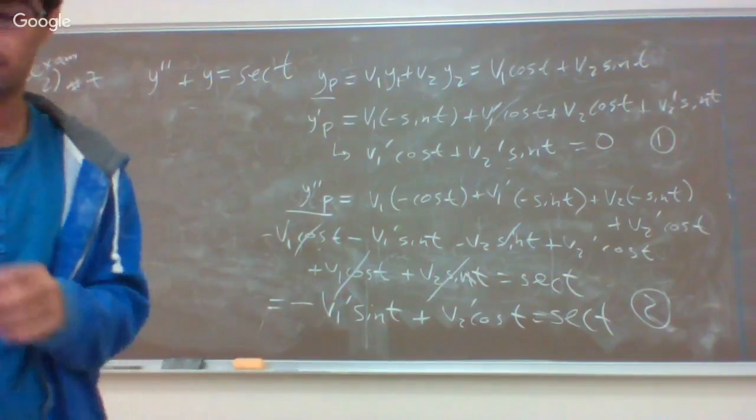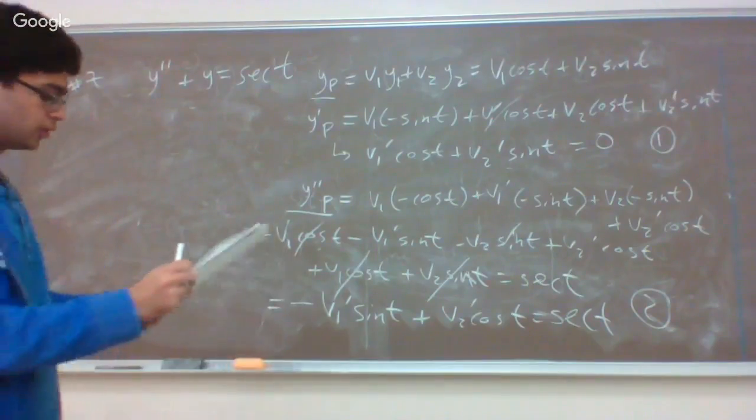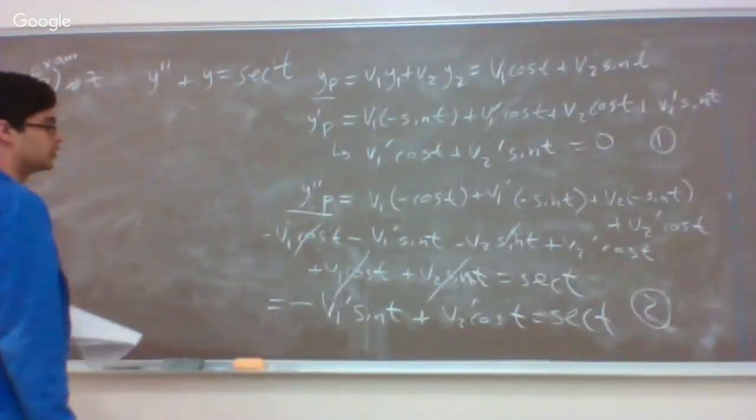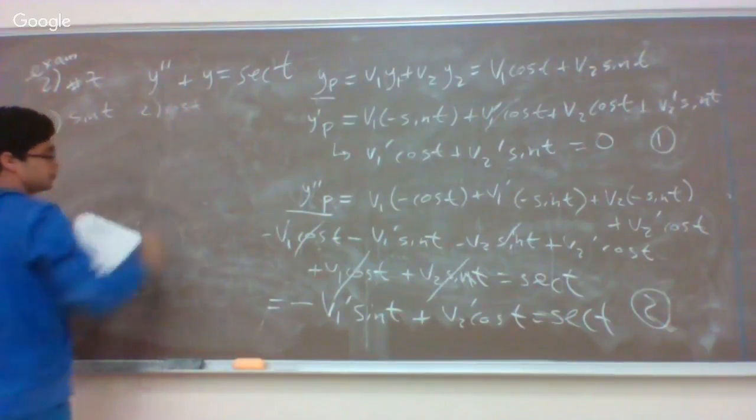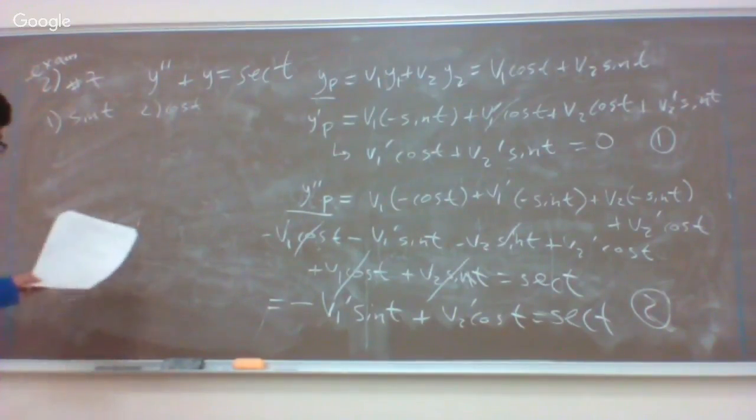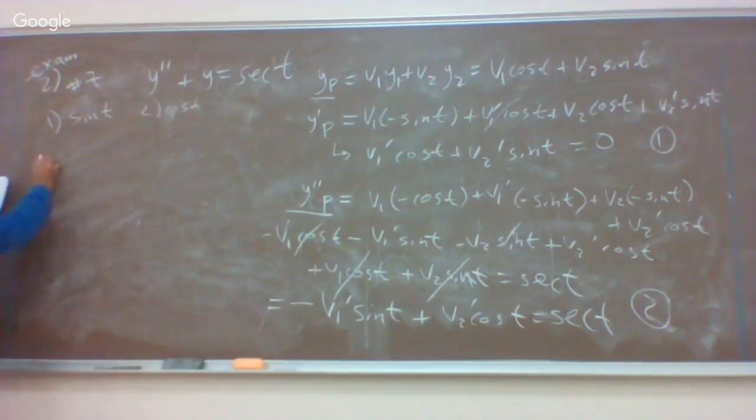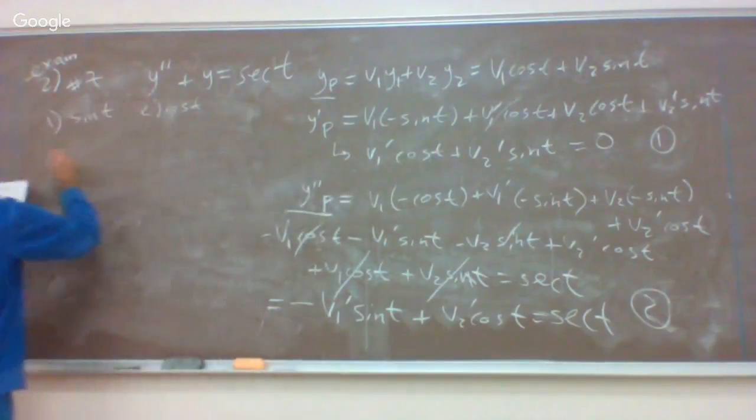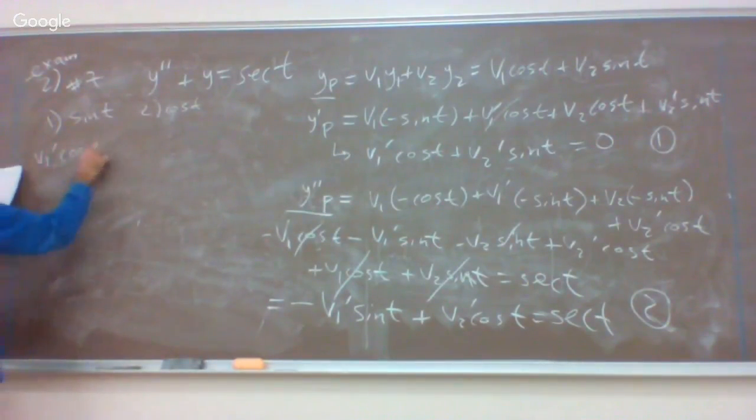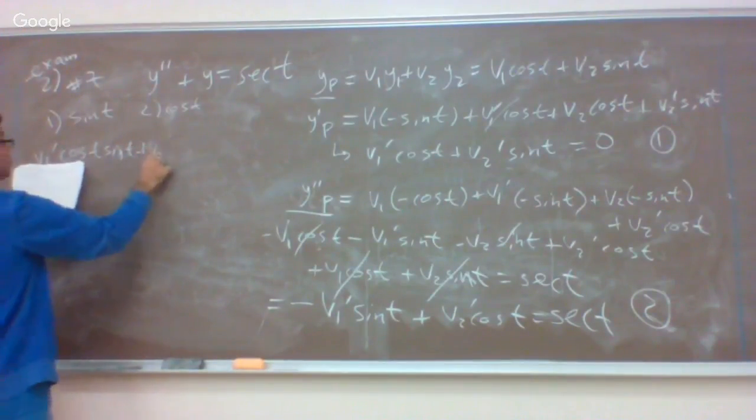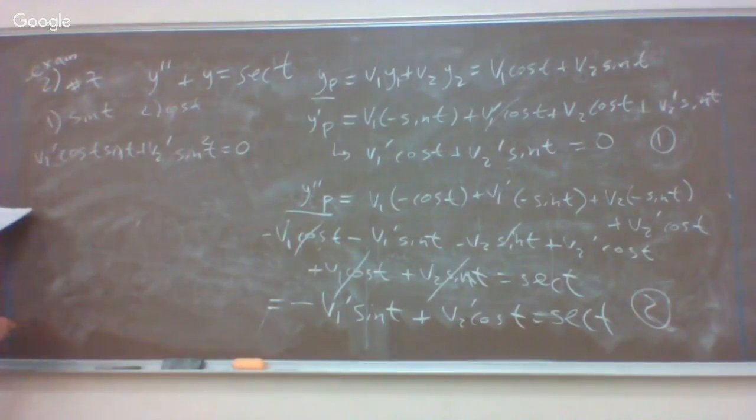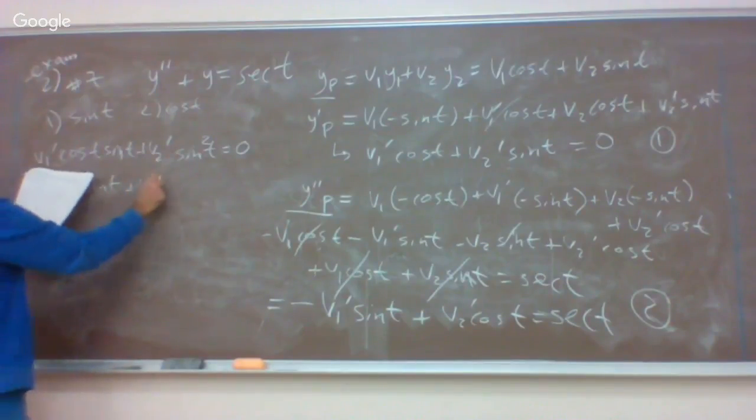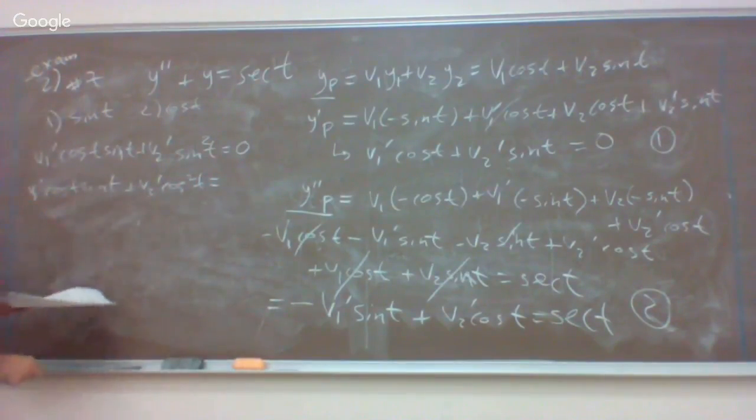So now it's solving a system of equations. Sorry, we multiply the first by sine and the second by cosine to get rid of the v1 prime terms. If I multiply the first equation by sine, I have v1 prime cosine of t sine of t plus v2 prime sine squared t equals 0. If I multiply the second equation by cosine, I have negative v1 prime cosine of t sine of t plus v2 prime cosine squared t. If I multiply secant by cosine,